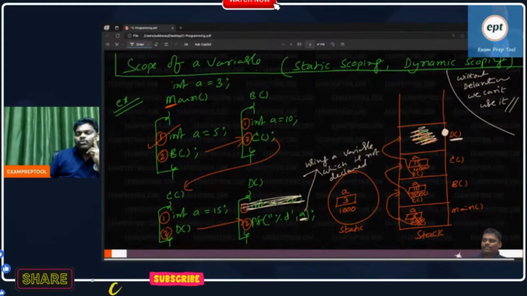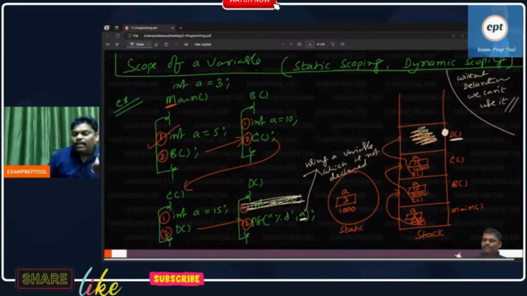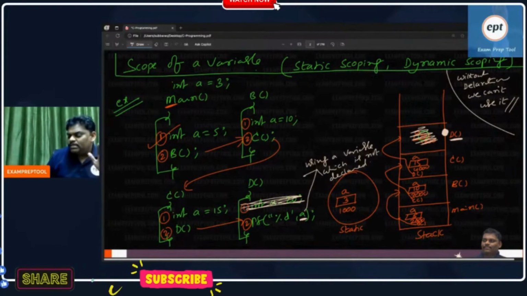Using someone which is not declared, is it an error or not? According to the programming language, it is an error. Listen, according to the programming language, it is an error. But instead of giving an error, it may give some suggestions. Listen everyone,